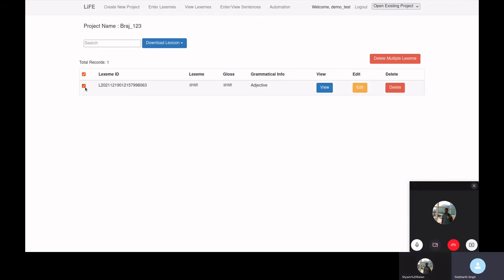Like if you want to download a selected lexeme, then you can check or uncheck accordingly. And if you want to view the lexeme, you can use the view button. Edit the lexeme you have entered. Want to change or update the details, you can use the edit button. If you want to remove that lexeme from your project, you can use the delete button.